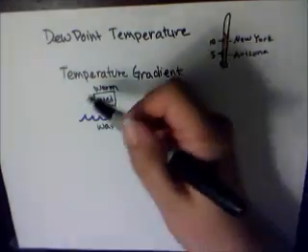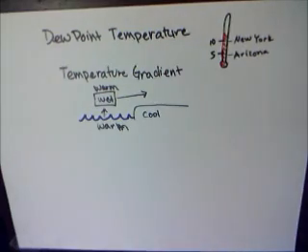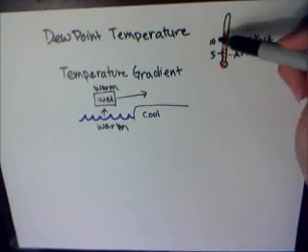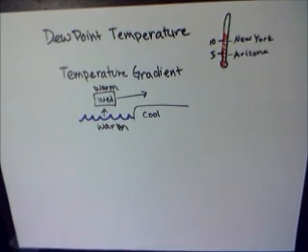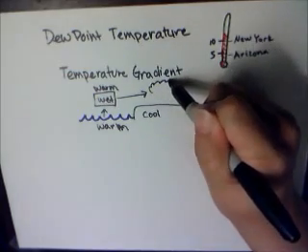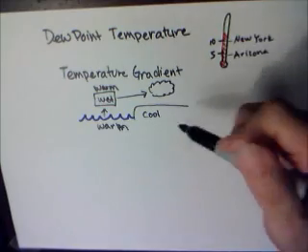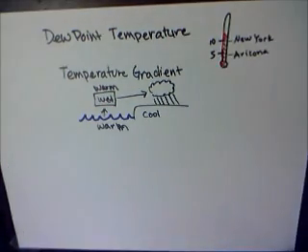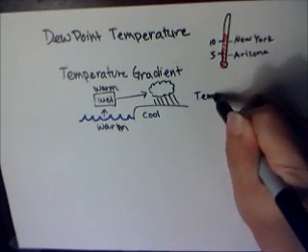So if you imagine this is the air over the ocean, and as it moves over the land, it hits this cool land, it's going to start cooling down. If it starts cooling down, it's getting closer and closer to its dew point temperature, and if it hits that dew point temperature, then it can condense. It can go from its gas state to its liquid state, and it can precipitate out. This leads a lot to temperate rainforests.